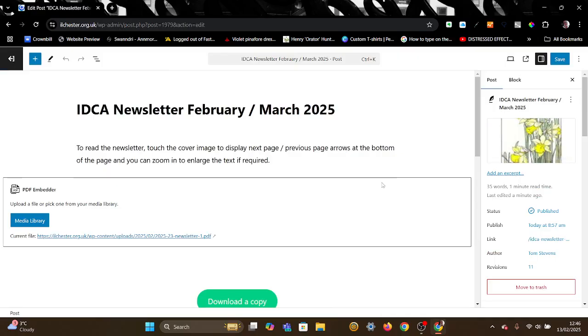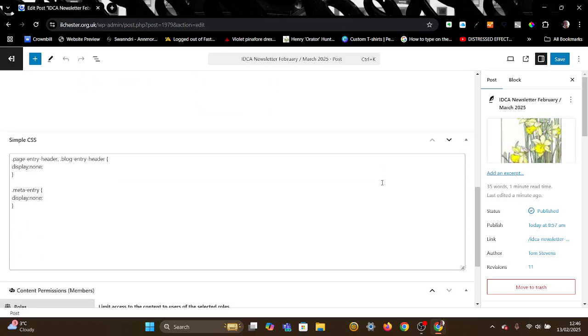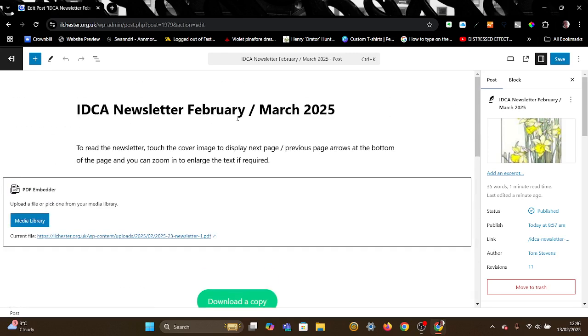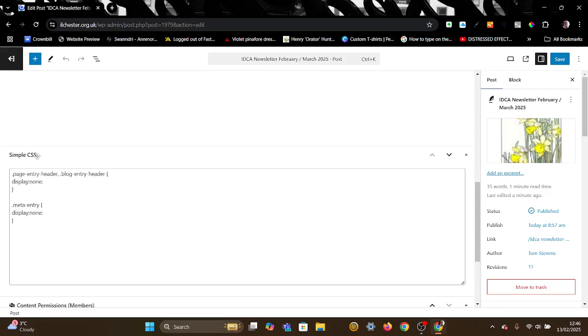It's hidden on the front view because I've added some functionality to the website with a plugin that enables you to style each specific post and page by adding CSS code. This is a code editor within the post and page editors. You'll see at the bottom of the page you can add simple CSS code that styles whatever is on that page, so it won't apply to anything else anywhere else in the website, only what appears front end on this